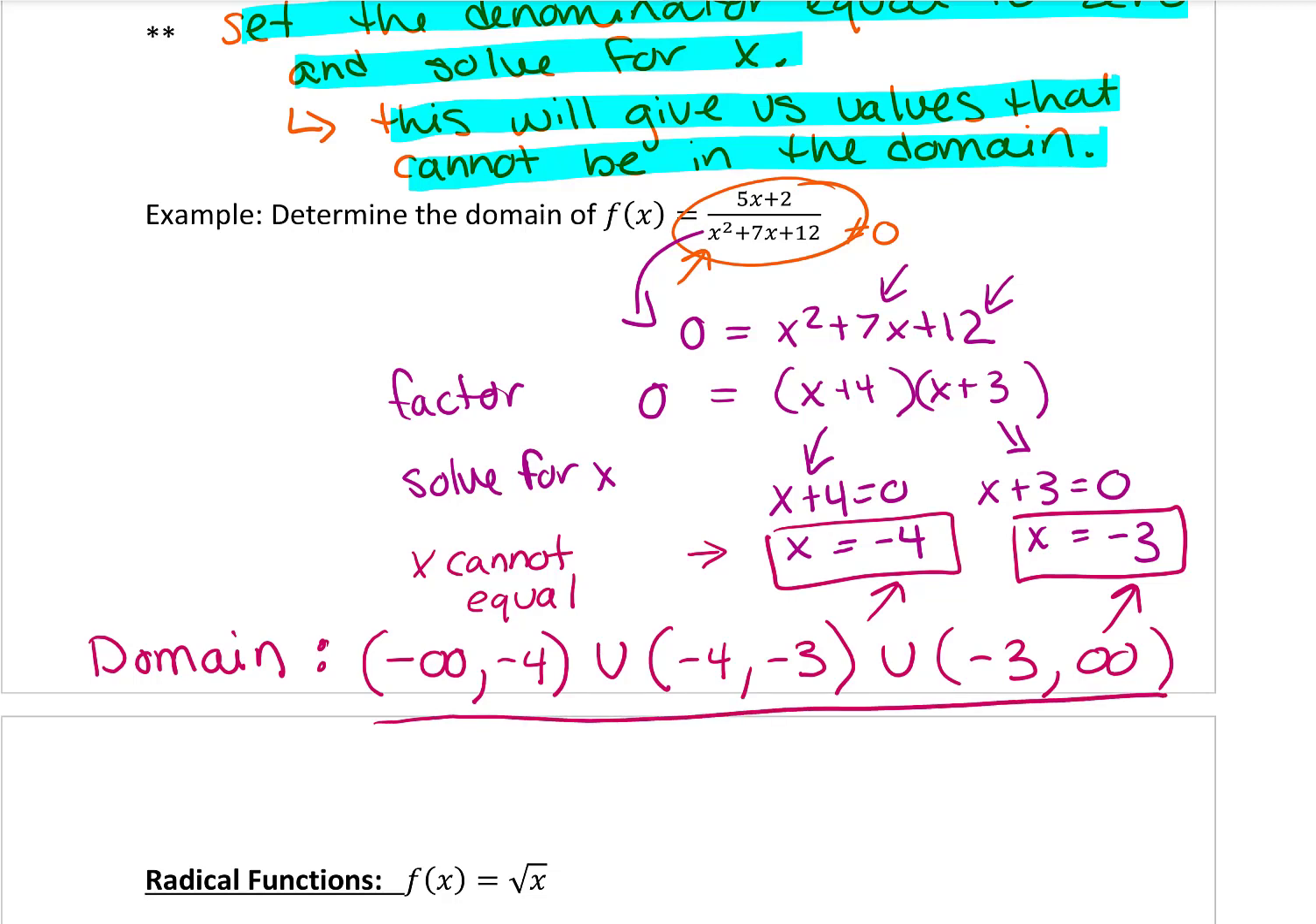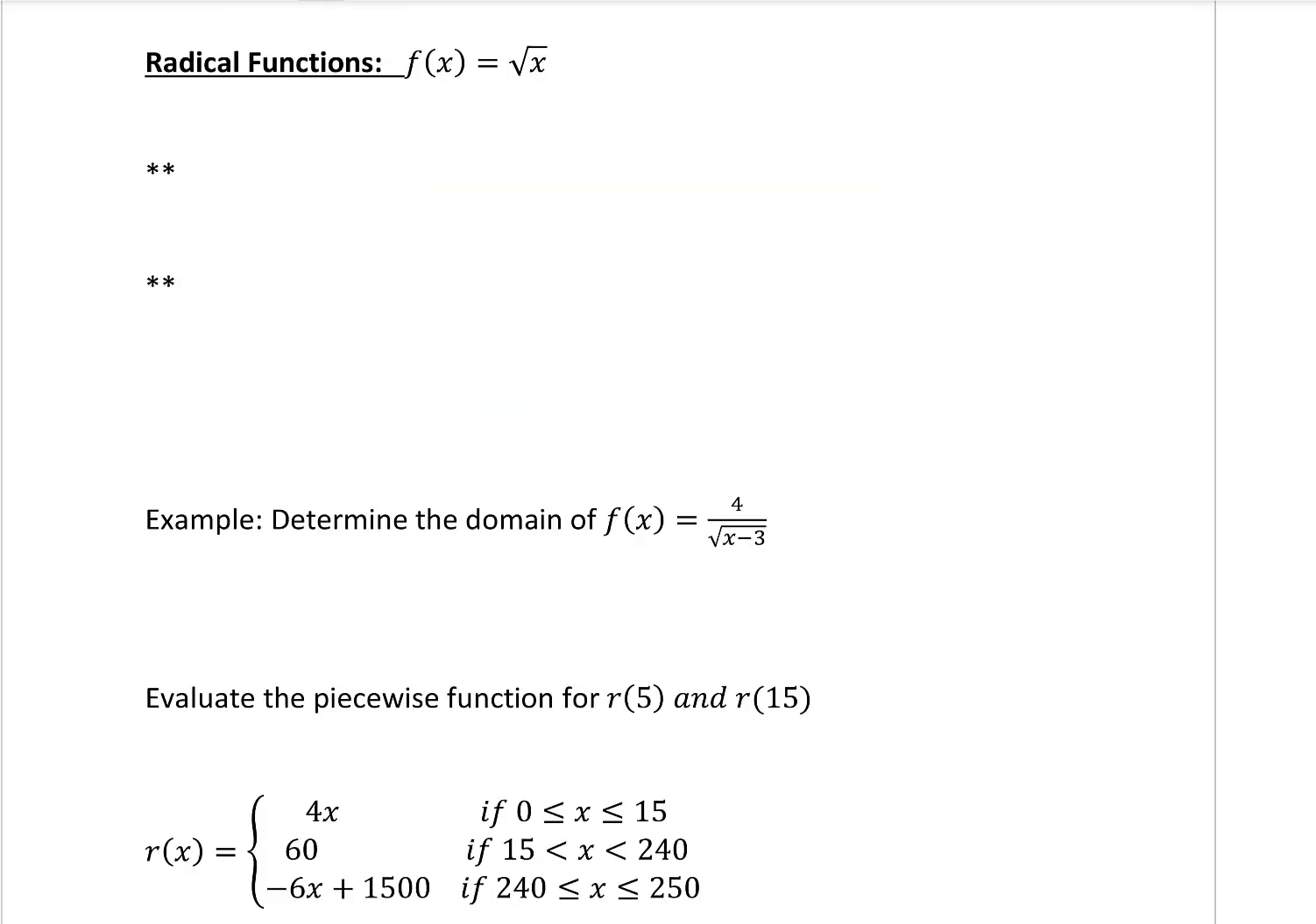This is how we write our domain in interval notation. So what we've done is we've accounted for every single possible x value except for negative 4, because we were saying that we do not include negative 4, and except for negative 3, with those round parentheses, we do not include negative 3. The other issue is with our radical functions. This is what a radical function looks like, also known as the square root function. The domain of this